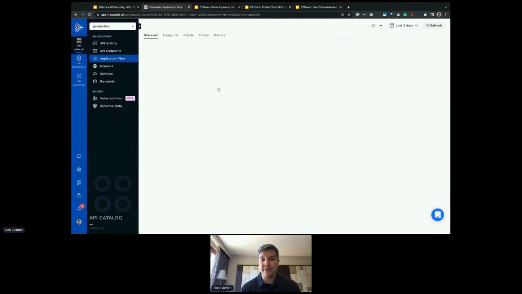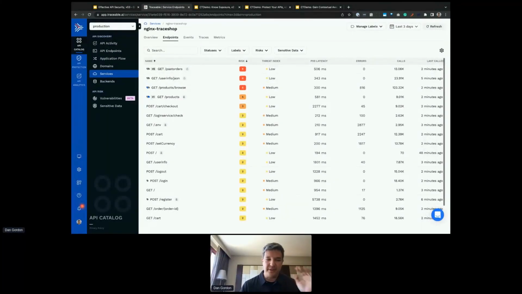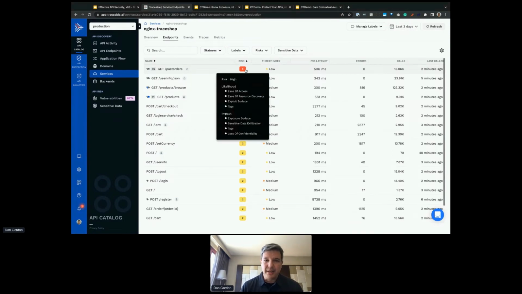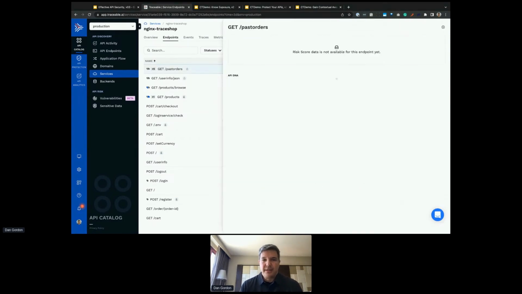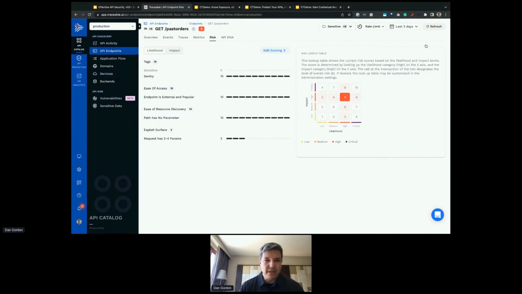So we can dive here, for example, into the Nginx Trace Shop service, and we'll take a look at the endpoints. This is similar to the all endpoints list, but this is specific for this service. And what we have here is a risk score that we calculate automatically based on many criteria. This is a summary of that. You can get more details and, of course, configure what that is for your organization.